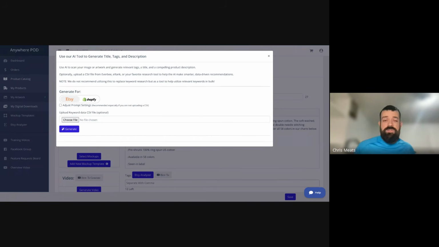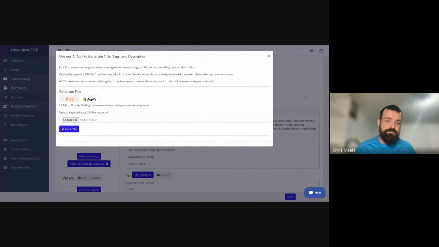Now, when we started doing this, one of the things that I did not like with most of the AI tools that help you with title, tags, and descriptions is that they come up with very generic information. Maybe it's reading your image, but then it's just trying to come up with generic stuff. So you'd end up with something really generic like graphic t-shirt, or maybe it realizes that it's a nurse design and it'll say nurse graphic shirt or something like that. Types of keywords that we know aren't really going to help you with